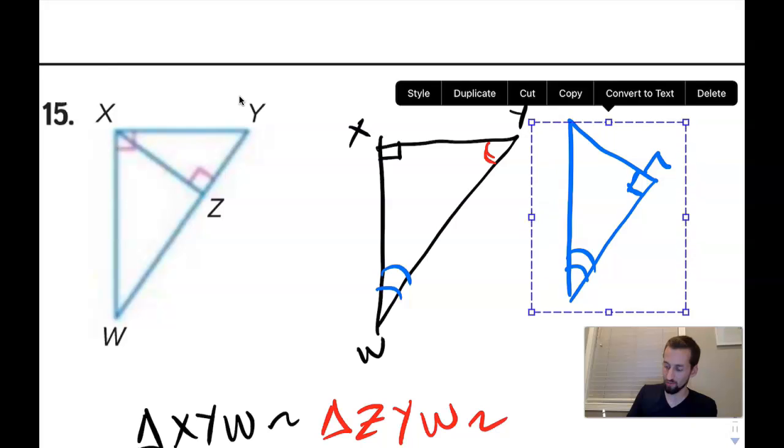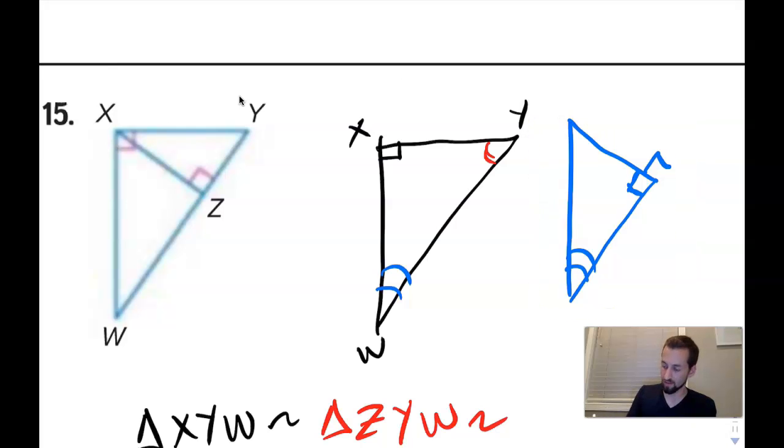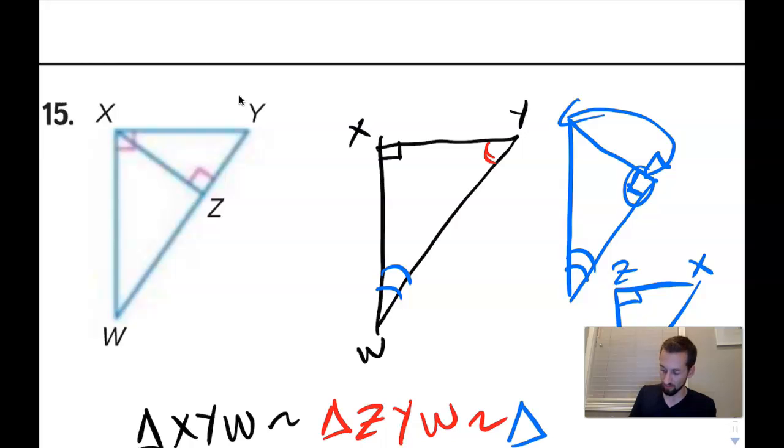if I were trying to rotate that around, you're going to kind of flip it so that the 90-degree angle goes over this way. So it would look like this. My W is still going to be down here. My Z is my 90-degree angle, and my X is here. So I have triangle